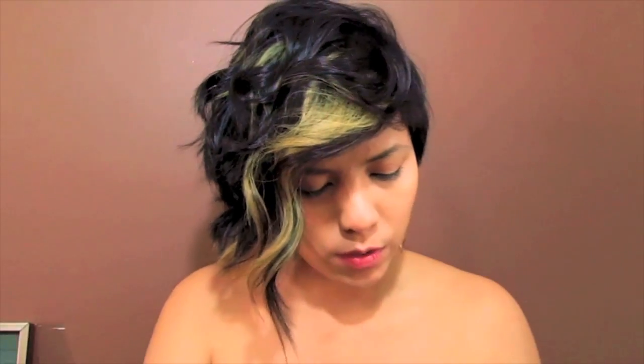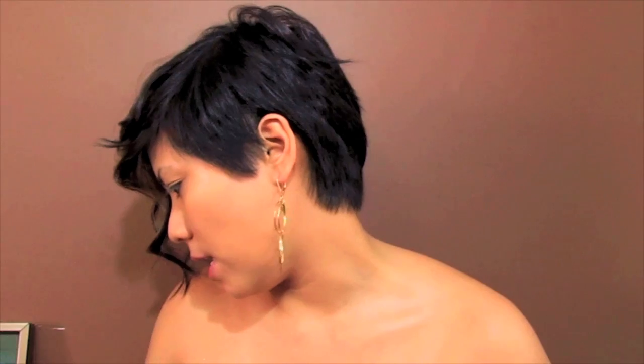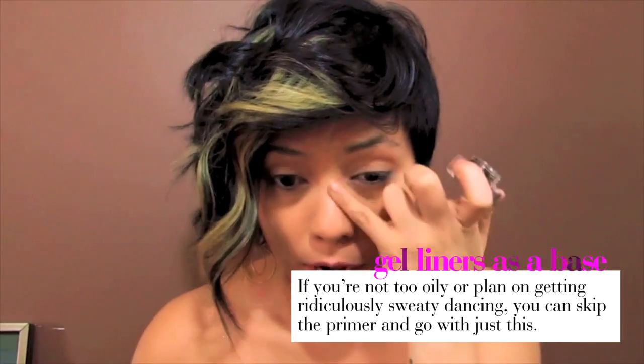So what I'm going to do is use a cream eyeliner as a base, and this is one from e.l.f. and this is in Plum Purple. And what we're going to do is take a liner brush, an angled liner brush like this. And I've already primed my eyes with my e.l.f. primer. And I'm going to load up my brush with some of the product. And I'm just going to line my eyes